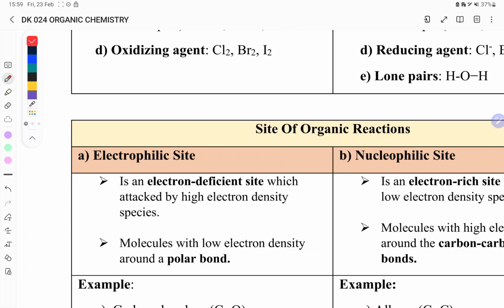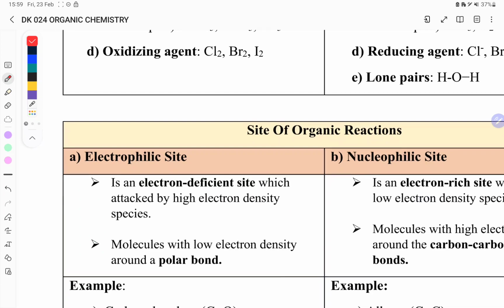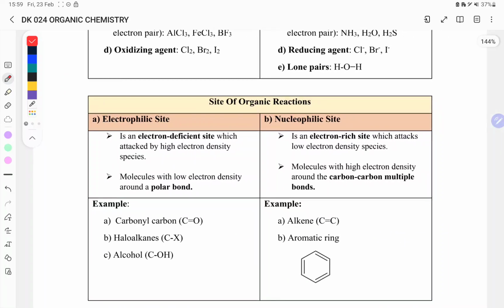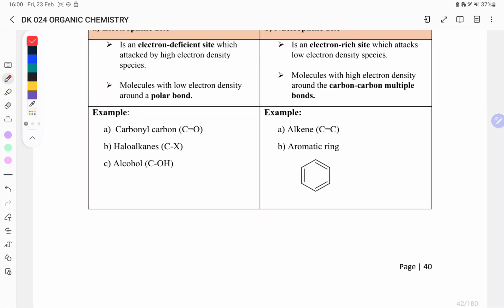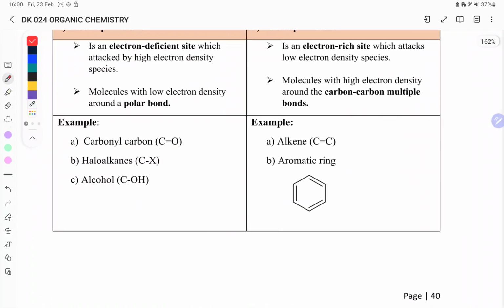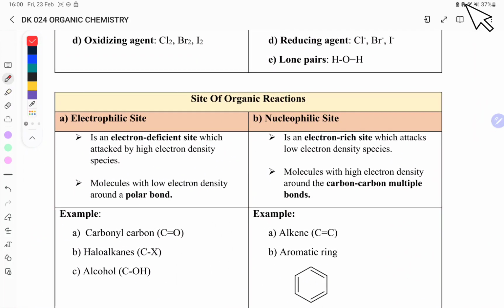Tapi electrophilic site adalah tempat spesifik dekat compound itu yang mana yang tak cukup elektron. Okay, so this is what electrophilic site is. Nucleophilic site adalah tempat yang banyak elektron. And to show you in a more clear example, let's have a look